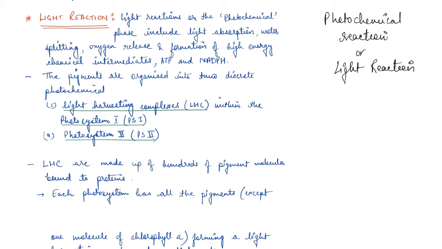And then they form high energy chemical intermediates, which are ATP and NADPH, right? So there are several protein complexes which are involved in this process. Now the pigments are organized into two discrete photochemical photosystems. The first photosystem is Photosystem I or PS1, which is also known as light